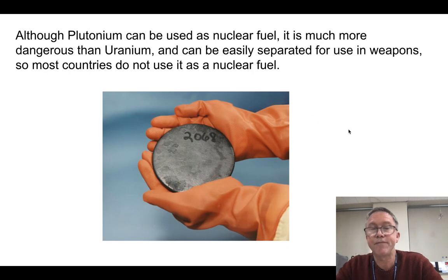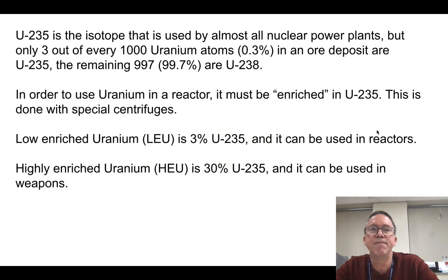Now, plutonium works. And there are countries that do use plutonium for nuclear power, like the U.S. Navy. But the thing is, it's very toxic. Apart from being radioactive, it's also toxic, and it's fairly easy to separate chemically because it's a different chemical, so it can be chemically separated from other metals that it might be combined with, and therefore it's very easily processed into nuclear weapons. So for that reason, we tend not to use plutonium. We could in the future if we needed to, but right now we tend not to, mainly out of fear that it will get used for weapons production.